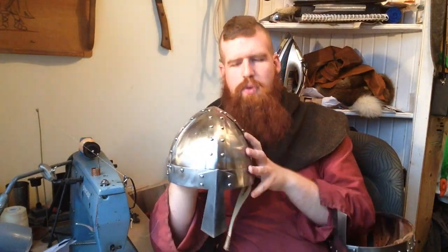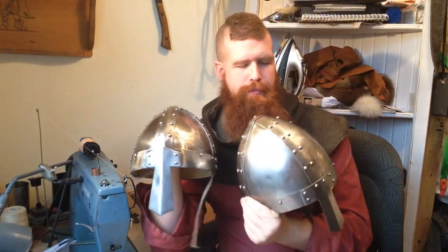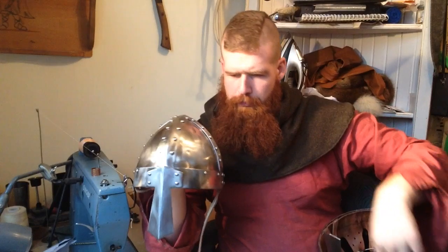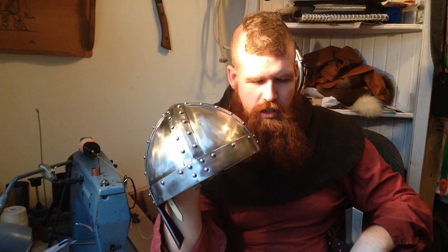The other thing too that suffers with these is that this helmet, before, it was a decent polish. These ones, it looks like they went to